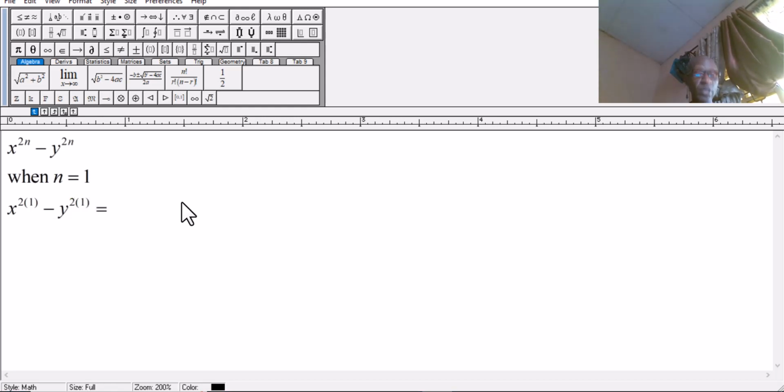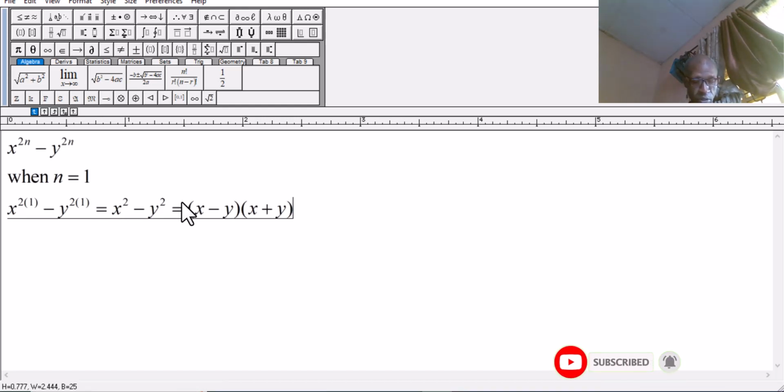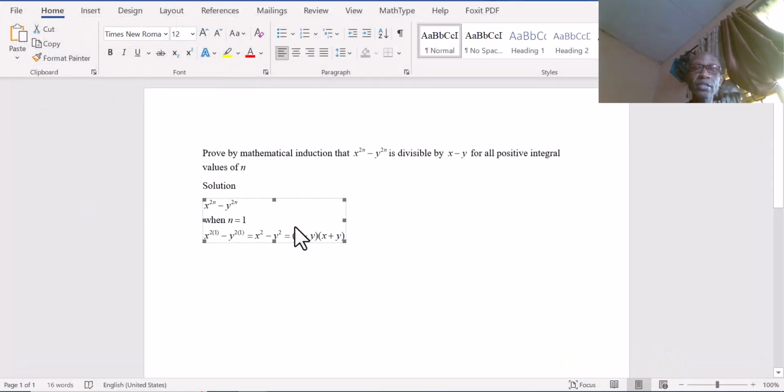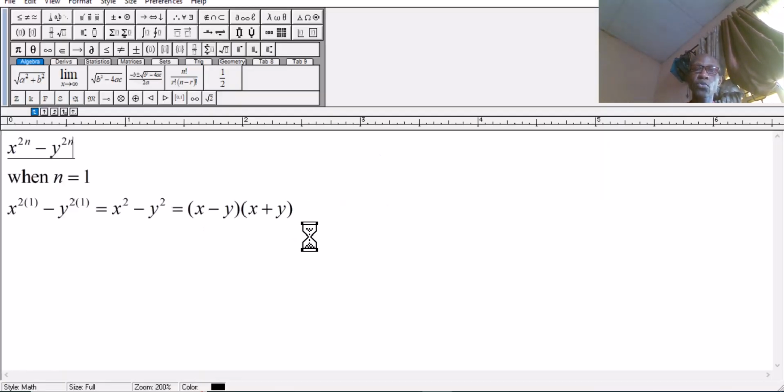So what we have there is x squared minus y squared, which is the same thing as x minus y times x plus y. If we look at this, we are able to factor out x minus y. It means that x minus y can divide